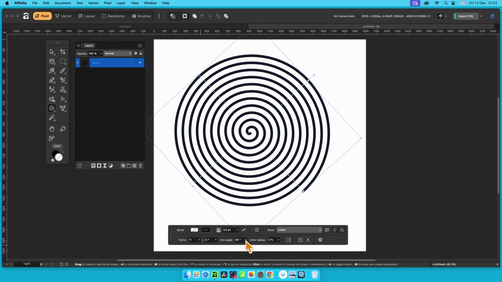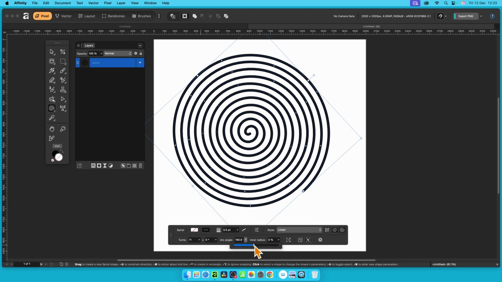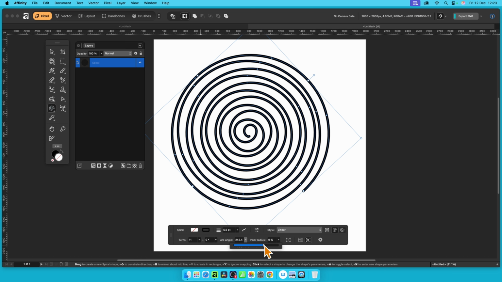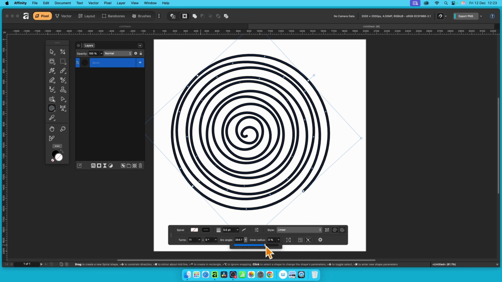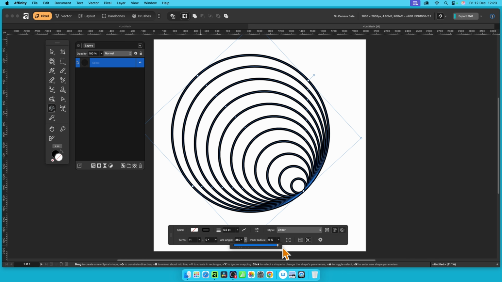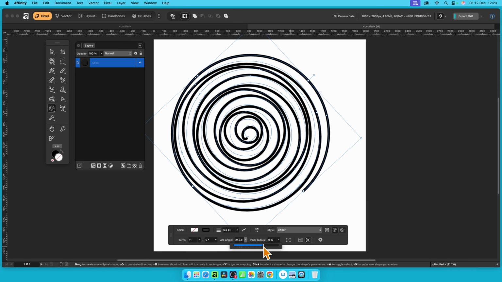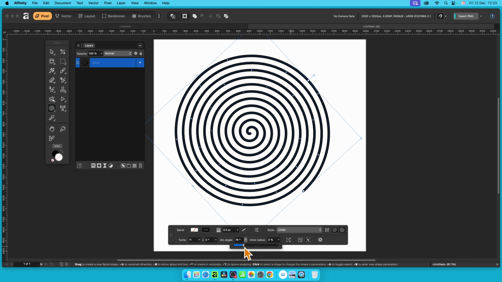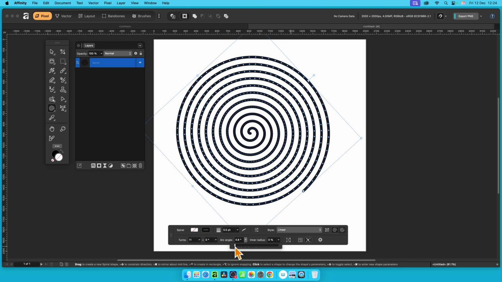You can also modify this, the arc angle. And you can see as you change that, it does get slightly more unusual when you increase it and you end up something like that. And in the end, you get this. Also, if you go the other way, the best value seems to be 90. That's the default. But if you push it down and you want lots and lots of points or obviously nodes to manipulate, a really good way of doing that, just go here, arc angle, just push it down